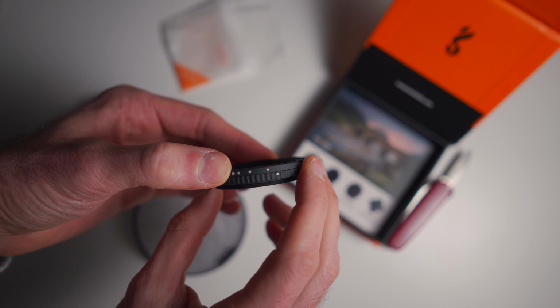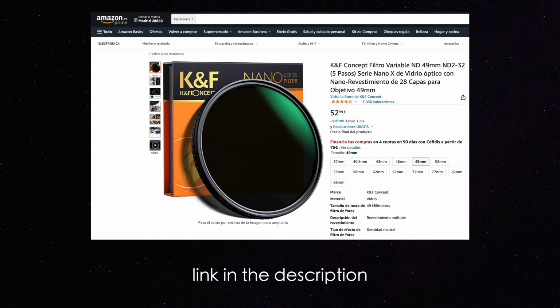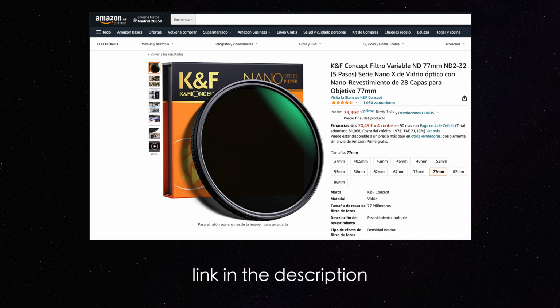So overall the quality is quite good, and I think it's also worth it for the price. So if your budget is tight and you don't want to spend hundreds of euro for something like a Hoya or Polar Pro or Tiffen, then I think this filter will work perfectly. I think it's perfect for amateurs that want to get a professional looking filter, and also for professionals that don't want to spend a lot of money.